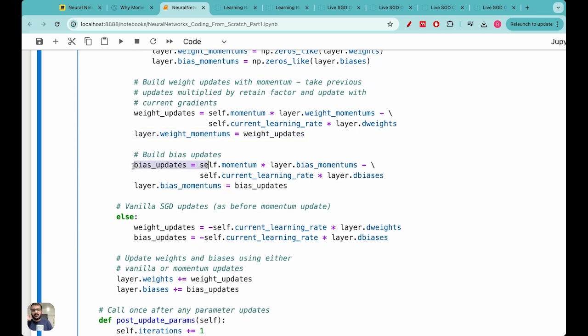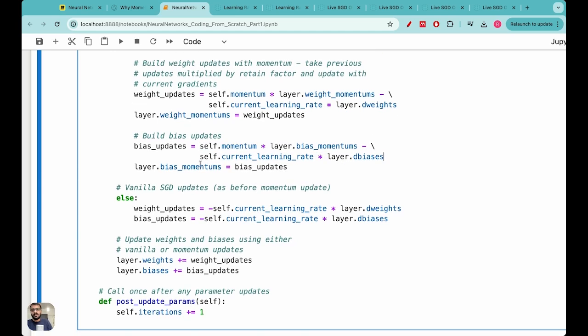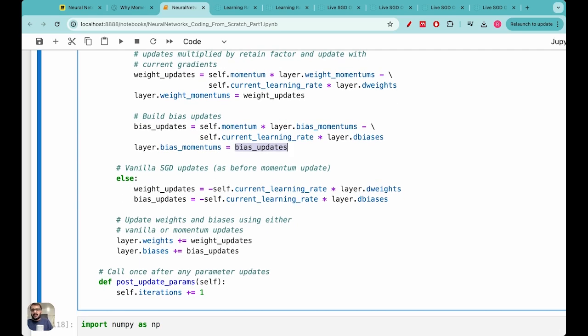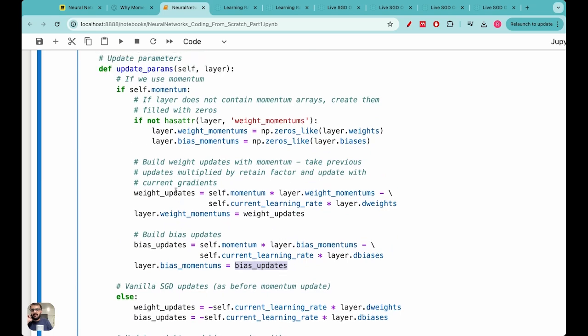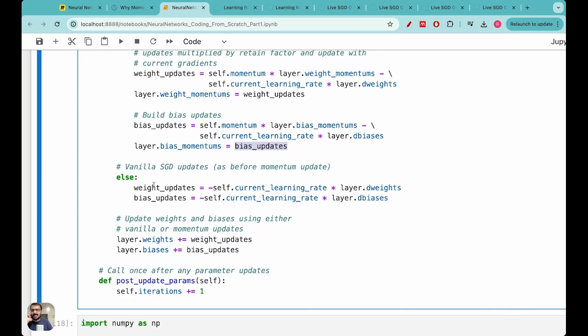Very similarly, the bias update is the momentum factor multiplied by the previous bias update minus alpha times the partial derivative of loss with respect to the bias. And then we store the bias momentums object with the previous bias updates. That's it. So if we actually don't use momentum, as I mentioned before, we'll be using weight updates as just